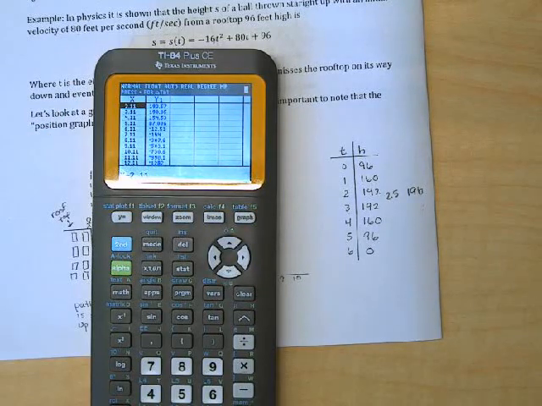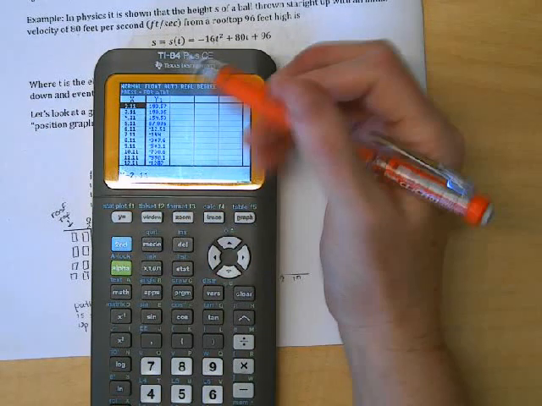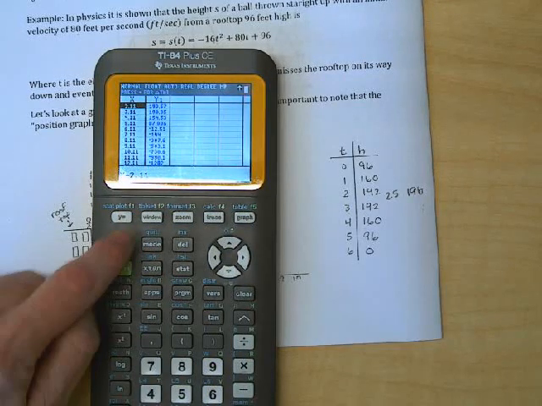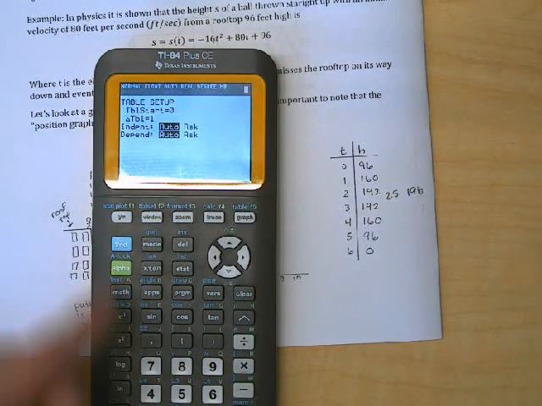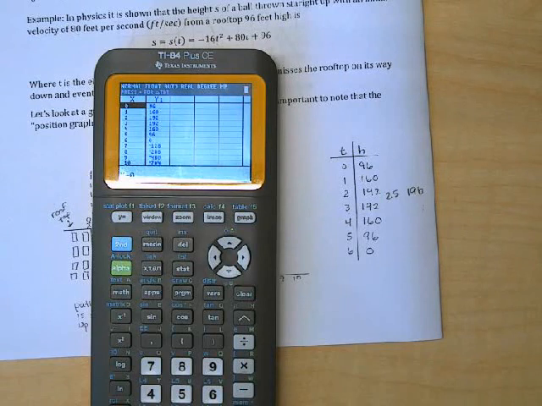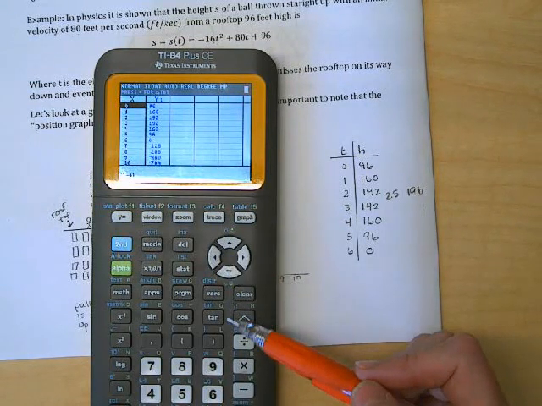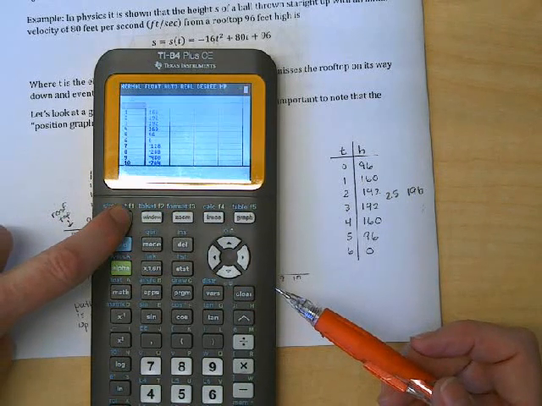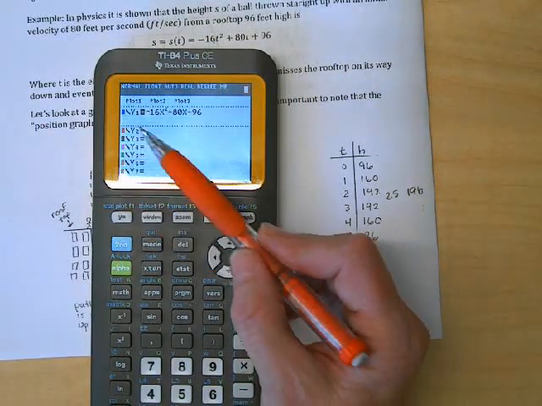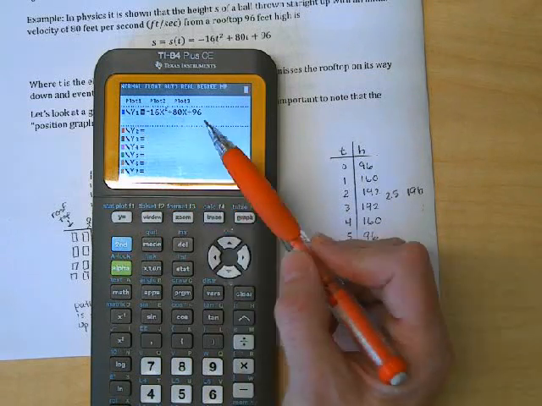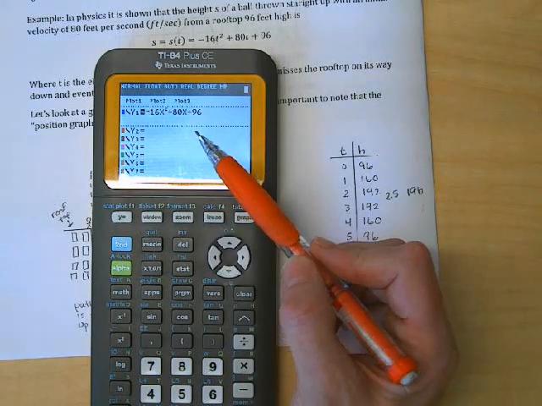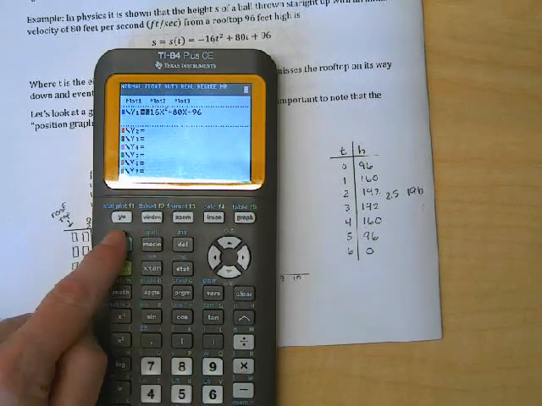But let's say that we're getting a bunch of really weird values, and you don't want to keep resetting up the table. Okay, there's our old table. So what I want you to be able to do is to work with your function. So remember that we put the function right in here in Y1. That holds that function. Okay, so I'm going to go out of here, second quit,